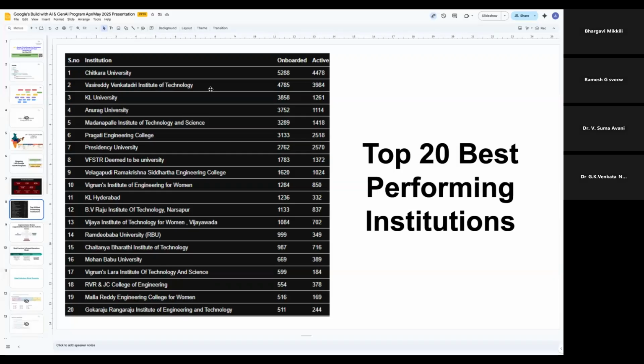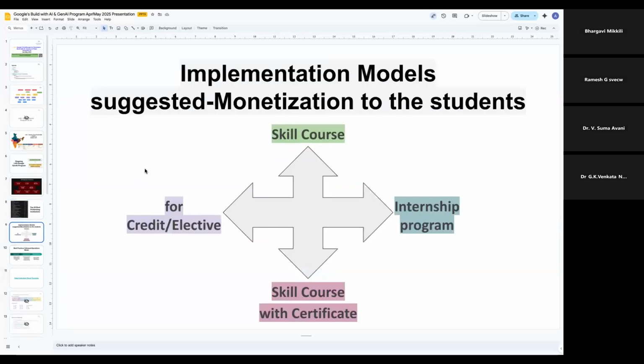Whatever we are doing for the workshop approach is new, and this webinar is intended to promote the workshop model for implementation. So there's the skill course, and there's the skill course with certificate. We can use the same program as an internship program. We can also use it as a 4-credit elective course. There are 4 different approaches that can be taken because the content is designed to provide 4 credits